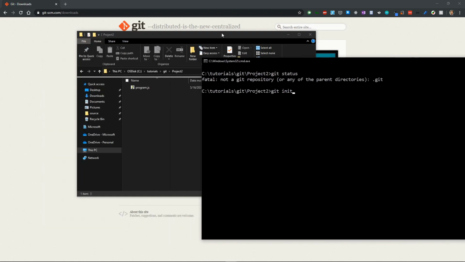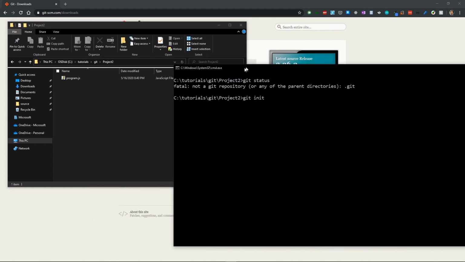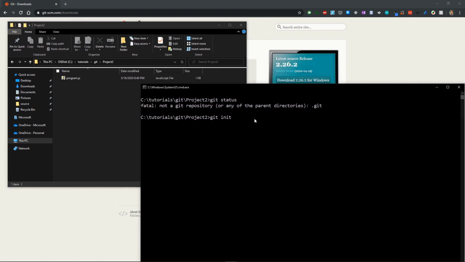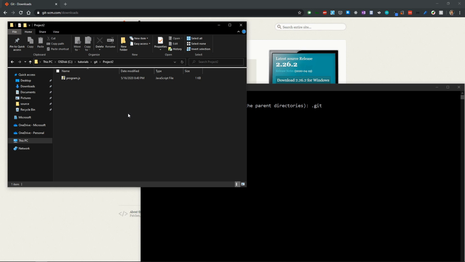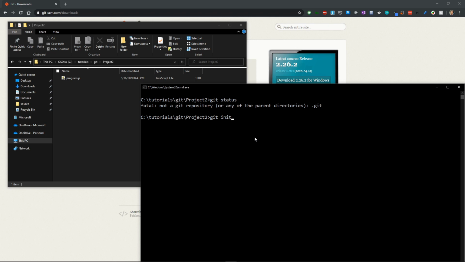I'll move this window side by side, and as you can see, as soon as I initialize this empty Git repository, in our project2 folder, one special folder will be created called .git. If you haven't selected the hidden items, you may not see that particular folder because it is hidden, so that you will not delete it accidentally. So let me press enter, and as you can see, we have an empty Git repository.